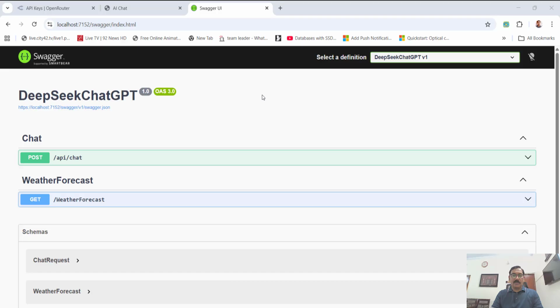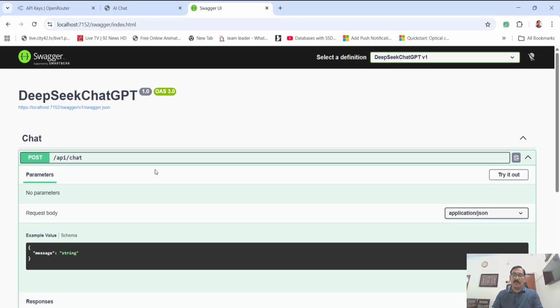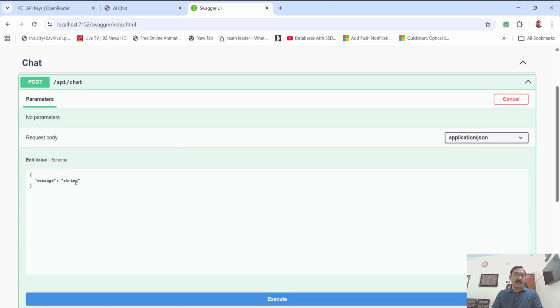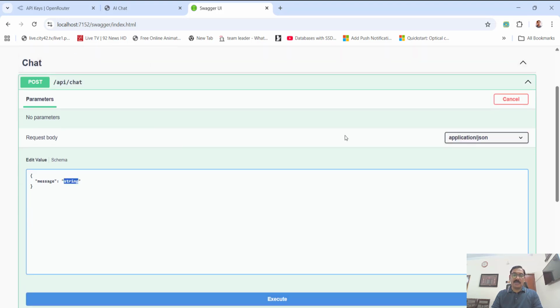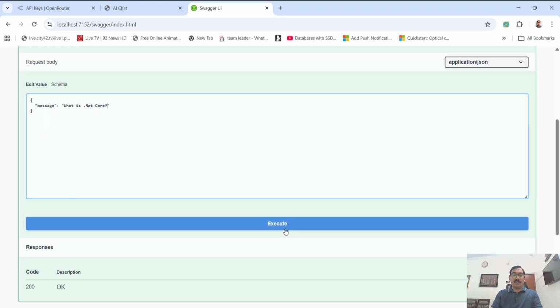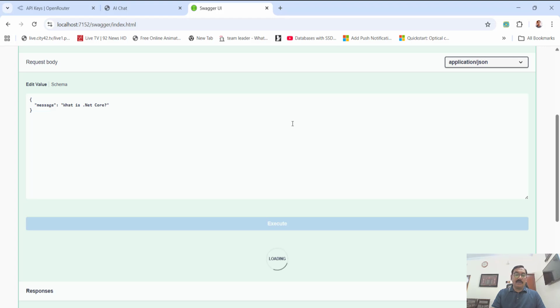So this is the Swagger, as I already said that we have configured it. We can hit that endpoint, and as you can see, our controller endpoint is a POST endpoint, and here we can do the same thing as we wanted. We can put the message over here, the same as ChatGPT is receiving. So, for example, I'm asking a question, and I'm just executing it, and it will do the same thing as ChatGPT